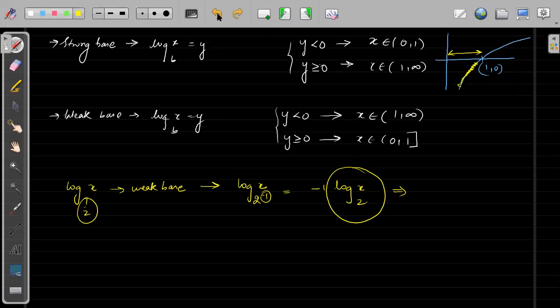Now see, what we will do, we will draw the weak base. So suppose this is a weak base. Now let's see, where is y positive? Y is positive here. Aswati, y is positive here for which values of x? For x belongs to (0, 1). Understood? And where is y negative? Y is negative for this part, right? For which values of x? X belonging to.